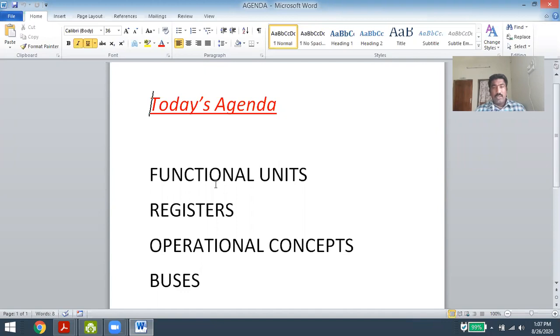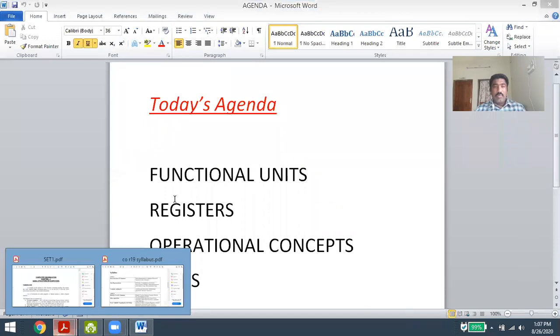We start with functional units. We have already discussed in the last few classes how a computer structure is, and we will look once again with a short overview at how the functional components of the computer work. Later we will see what registers are, what is meant by a register and where it is used, and then operations and buses. So we start with the functional units.